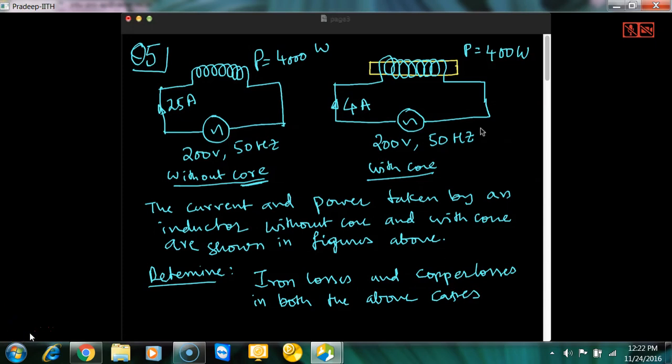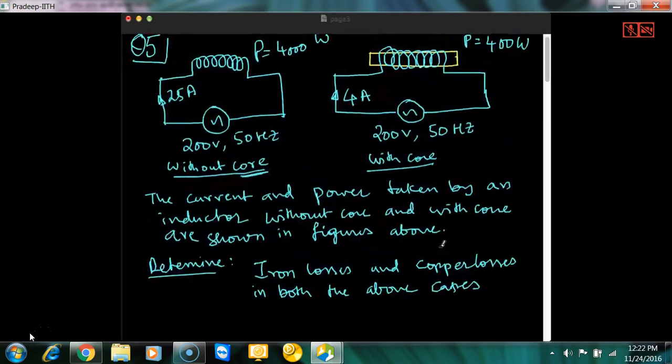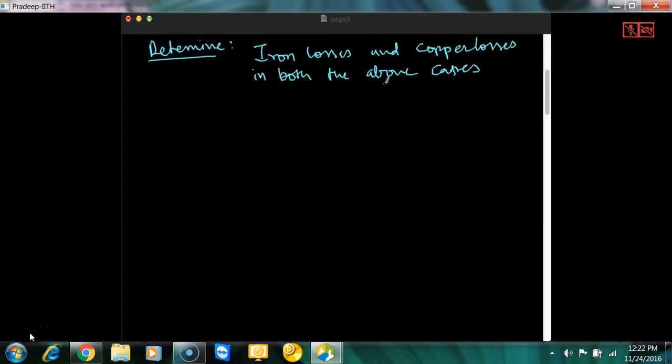So what we have here is two circuits. One is without core and one is with core. So let's look at it, and the object is to find iron loss and copper loss. Okay. So if I write loss in inductor,